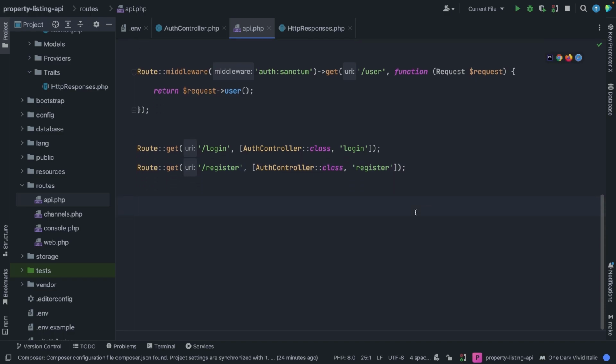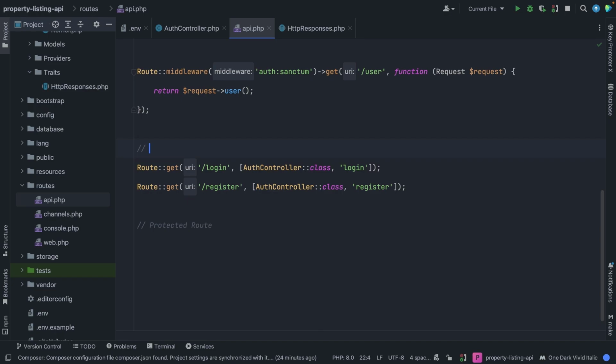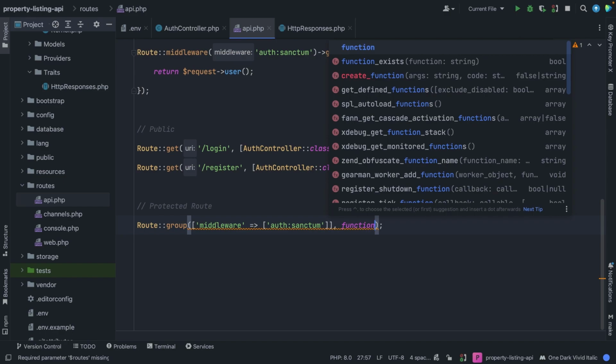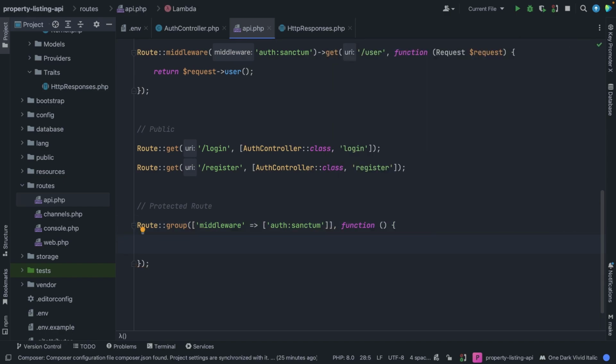So let's define a protected route. Add a comment right above the other two. So these are public. So let's call the Route method, chain the group method to it. The group method has an array as a parameter where we're going to pass in the middleware, which is equal to another array because it's the auth:sanctum middleware. Then it has a callback function, so function parentheses curly braces, where we need to define the routes in here